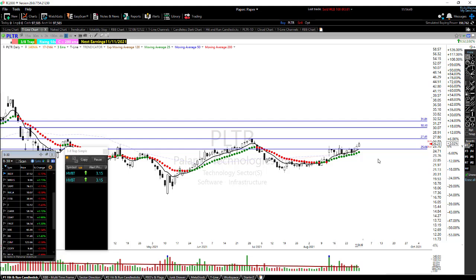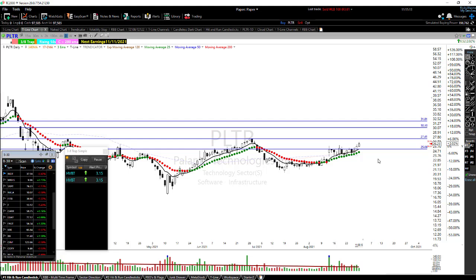I have people send me charts from the trading room, or even on a text or email. There's people that send me charts, and I'll take a look at those charts. And if I like those charts, what I will do is put them on the scanner. I rarely buy something that does not come from the scanner.